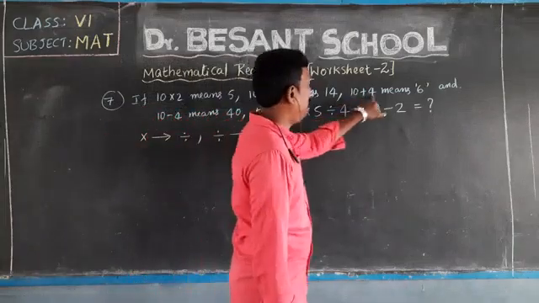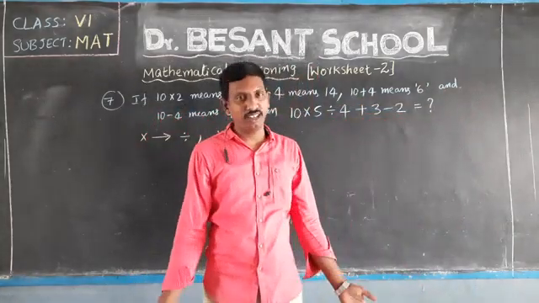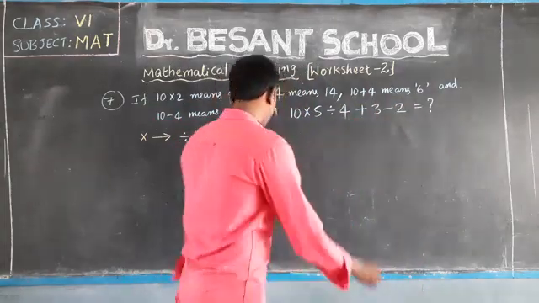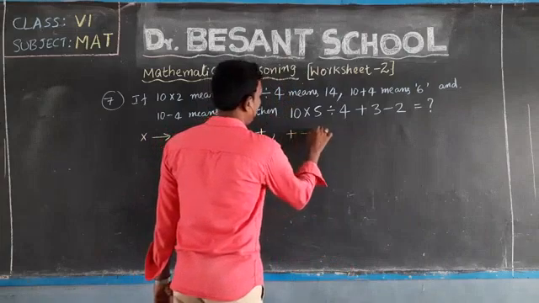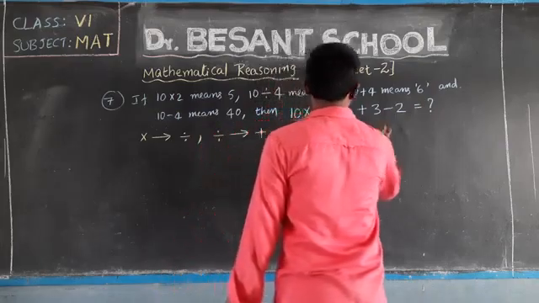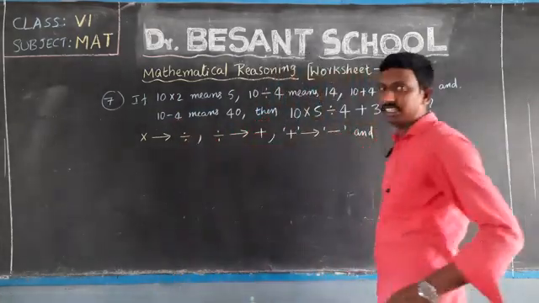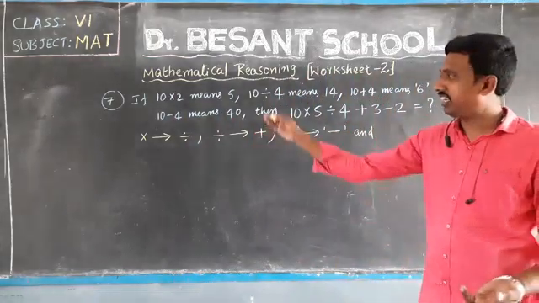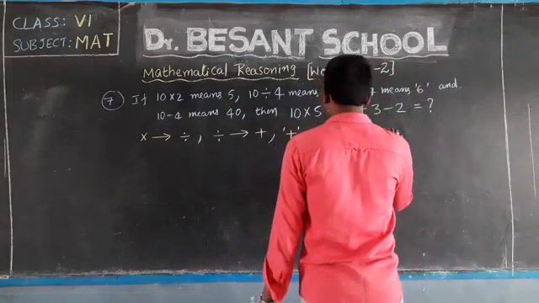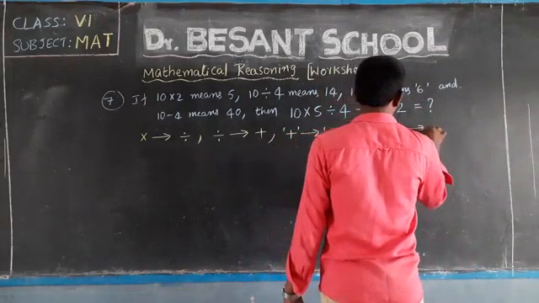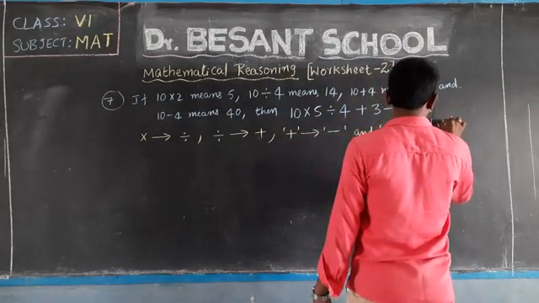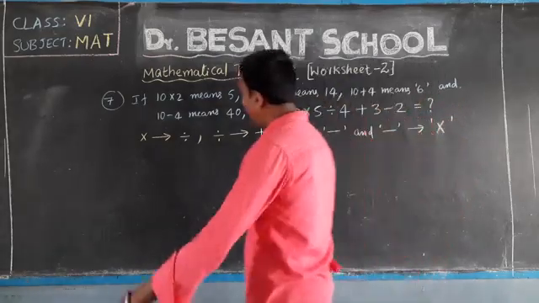So divided by is used as plus. Next terms. 10 plus 4 means 6. 10 plus 4 is actually 14. But we got 6. Here 6 is given, which means 10 minus 4 is 6. So here plus is used as minus. And at last, 10 minus 4 means 40. 10 minus 4 is actually how much? 6. But 10 minus 4 is given as 40, which means into. So it is multiplied. So we can say minus is used as what? Which symbol? Yes, into. So instead of minus, that is subtraction, we have to go through multiplication.